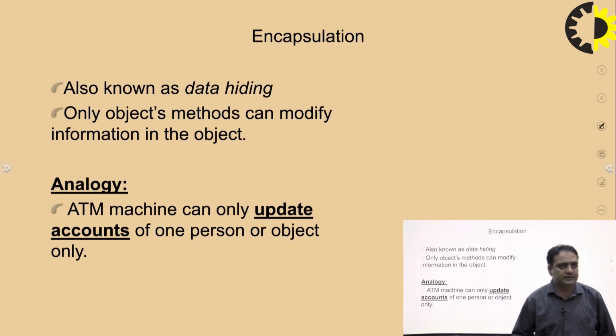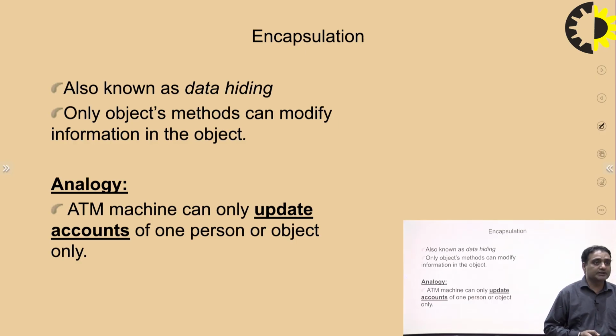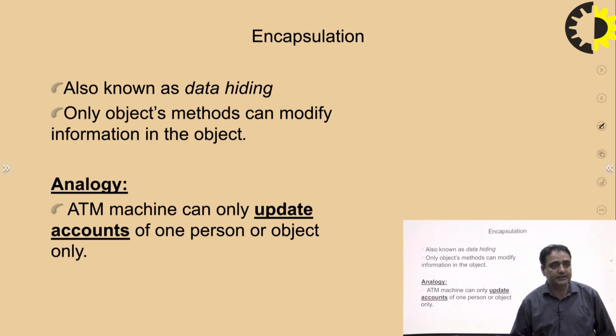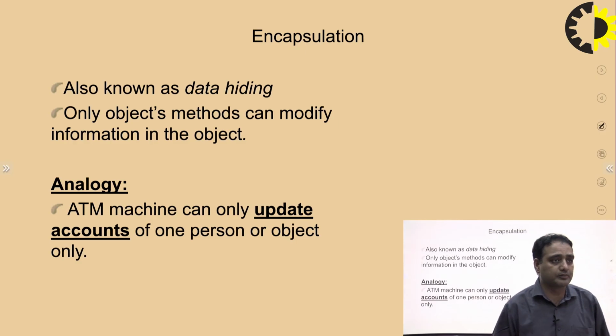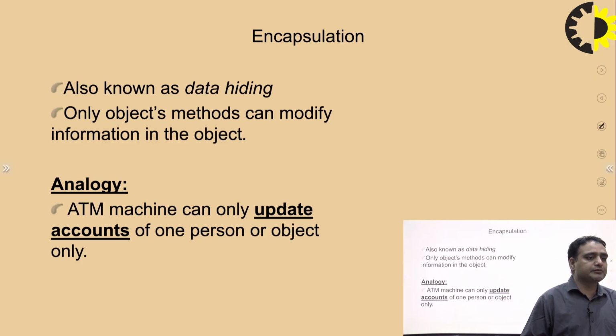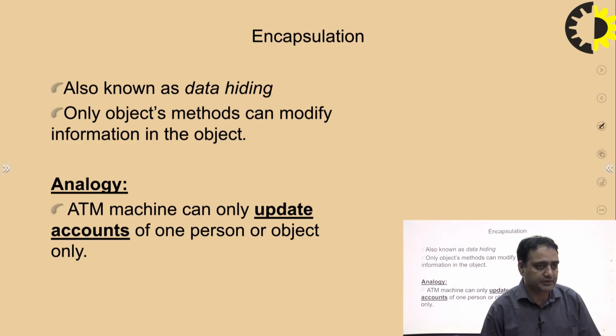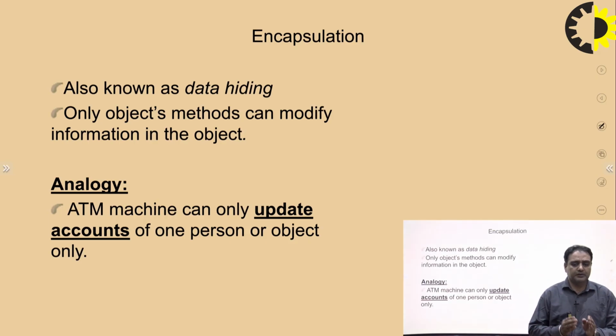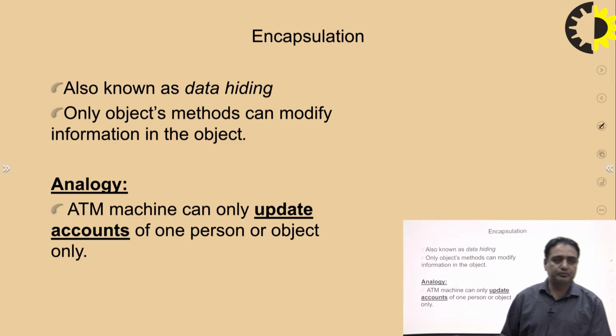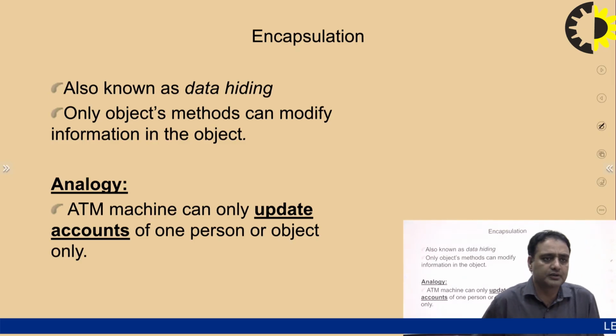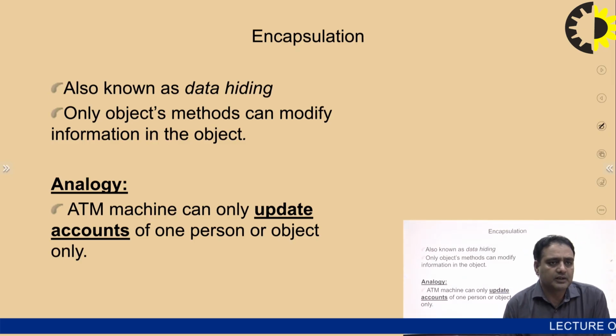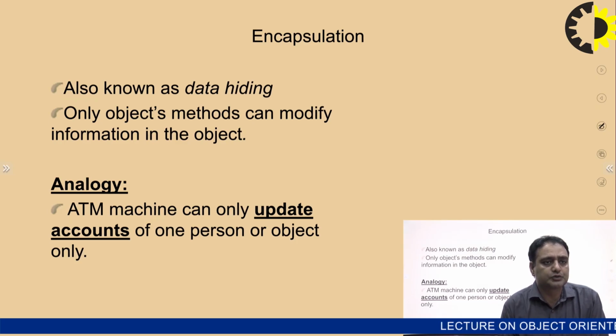Encapsulation, what is encapsulation? It is also known as data hiding. Only an object's methods can modify information in the object. An ATM machine can only update the account of one person or object only. Encapsulation means the data is the most important part in any programming environment. So, how can we secure the data